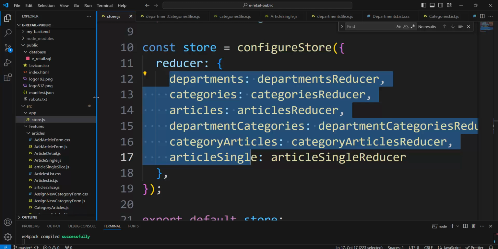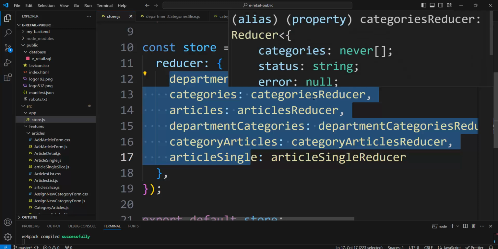The backend responds to the thunk on the front end, and the thunk dispatches it to the slice, to the reducer, at first with a pending type action, and after that sends a fulfilled type